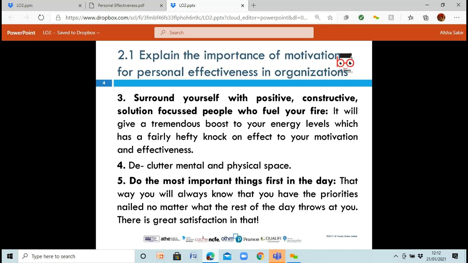And then the most important thing to do first thing in the morning is make sure that you've got your priorities sorted out, because you need to know, what is my priority for today? What tasks do I need to handle? What meetings do I need to attend? Or what phone calls should I make? If you get that sorted out and get them tackled, then the rest of the day is fine. You're going to have a fantastic day. Then you won't worry that I didn't do that important thing.